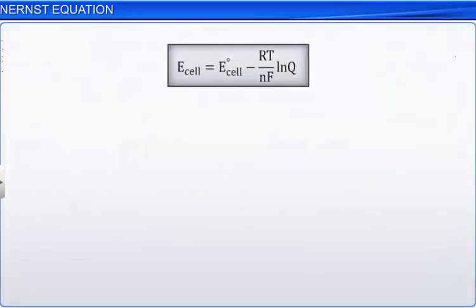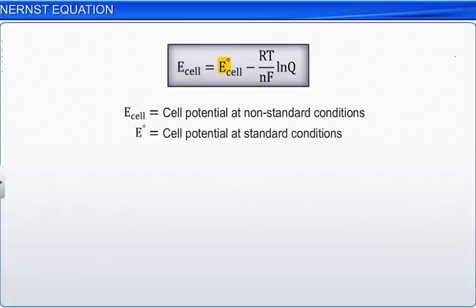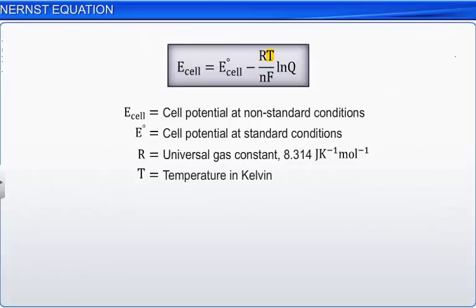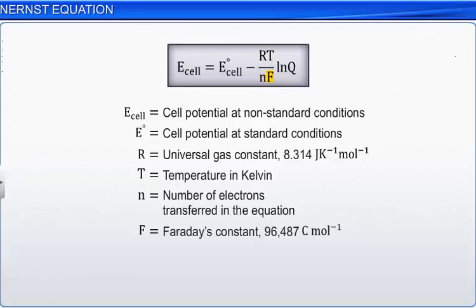The Nernst equation shown here allows us to calculate cell potential at non-standard conditions. E cell is the cell potential at non-standard conditions. E naught is the cell potential at standard conditions. R is the universal gas constant and T is the temperature in Kelvin. Also, n is the number of electrons transferred in the equation and F is Faraday's constant,